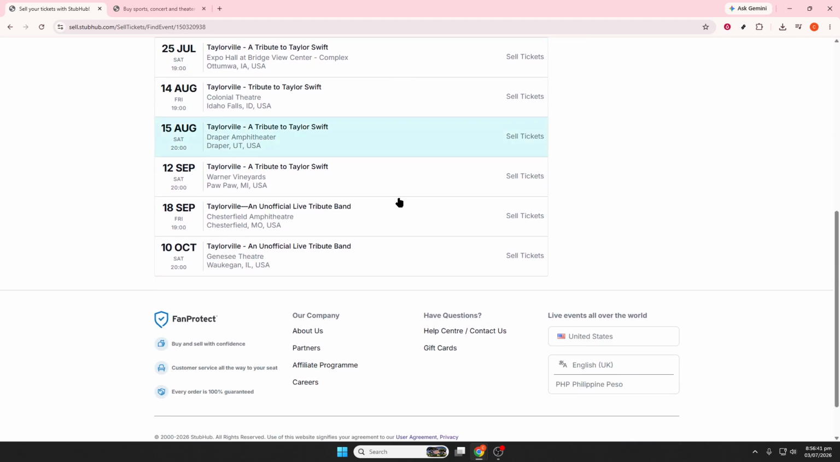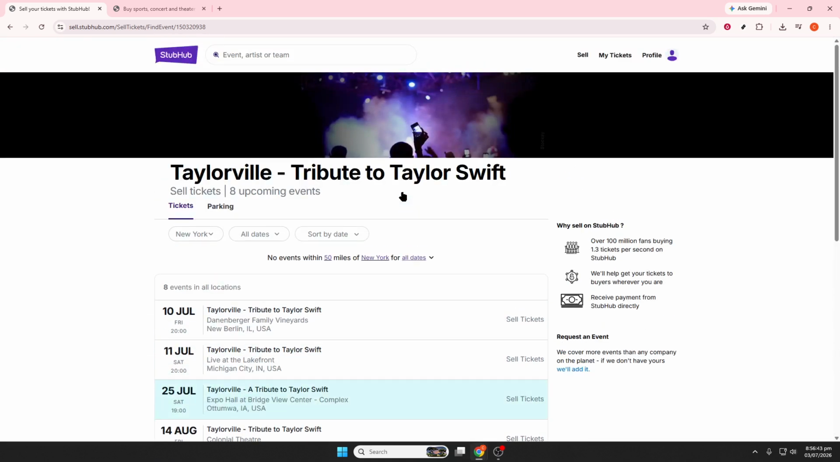Finally, after your tickets sell, Stubhub will send you delivery instructions. If your listing requires a mobile transfer, sign in to the